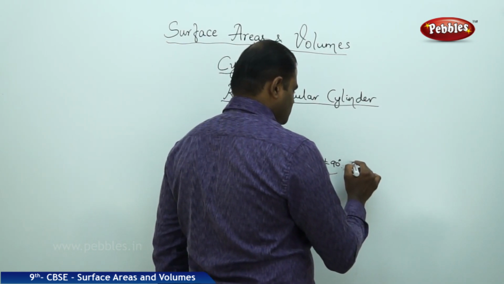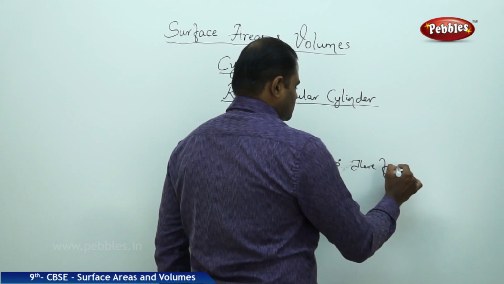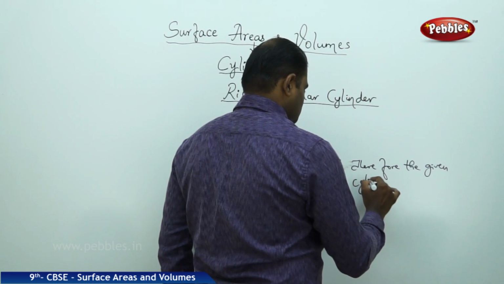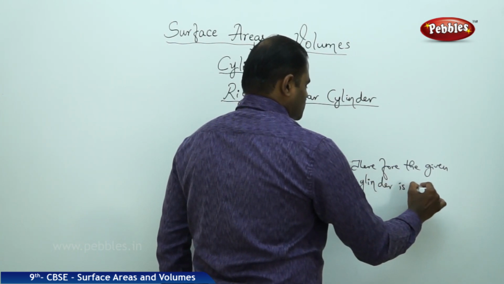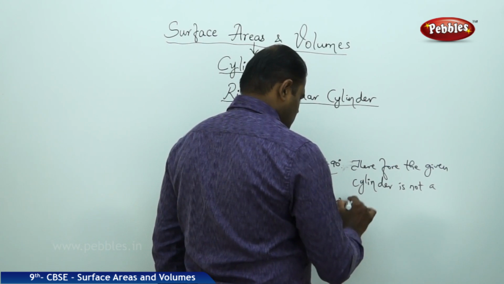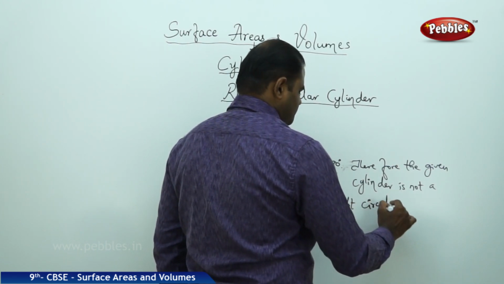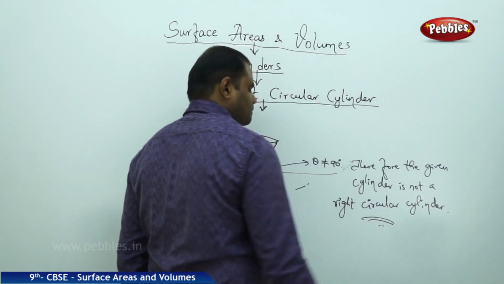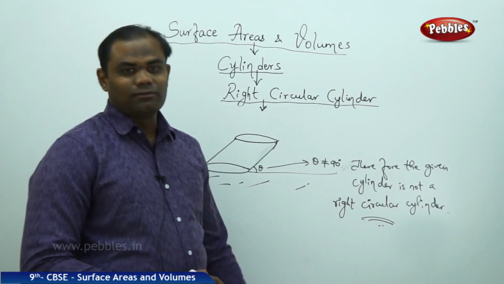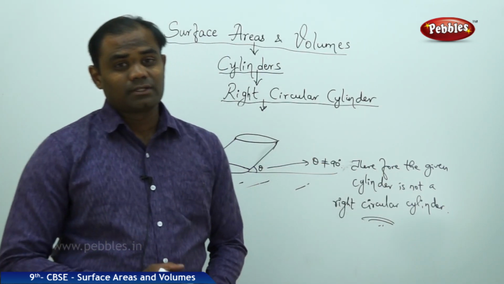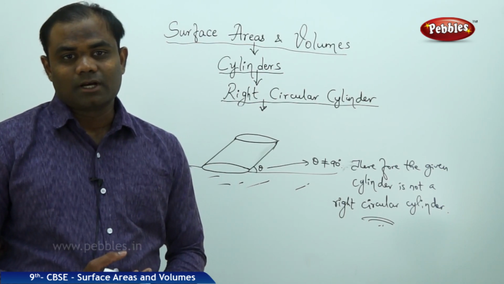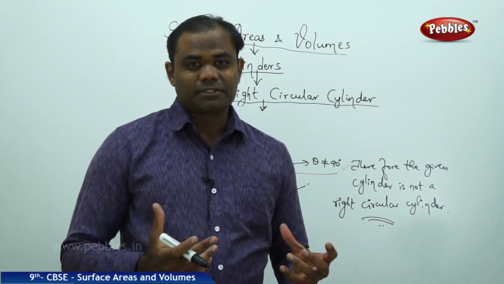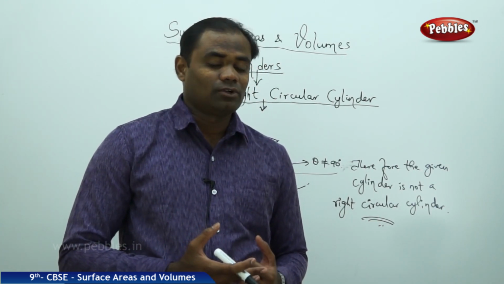Therefore, the given cylinder is not a right circular cylinder. Since theta is not 90 degrees, the given cylinder is not a right circular cylinder. That is how we understand it. Let's take one more example to understand the classification between a right circular and a non-right circular